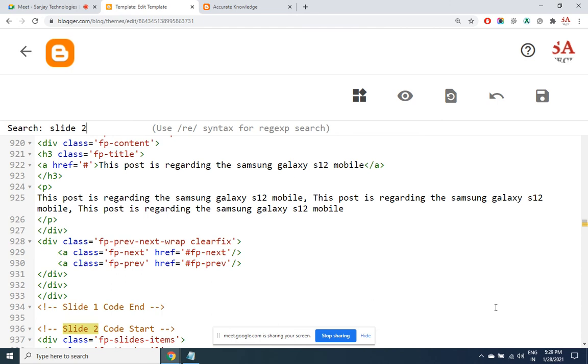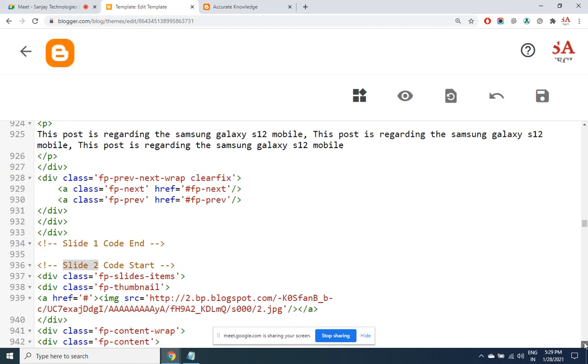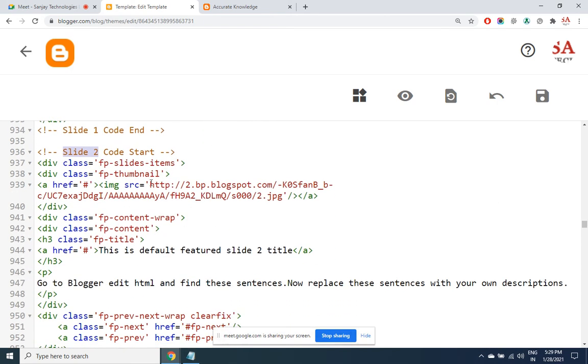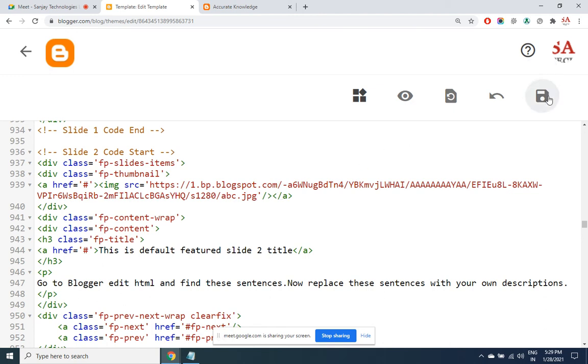So slide 2 code starts. There's a URL for the image even for slide 2. I wish to replace it to have the Vivekananda image in that place. Save.